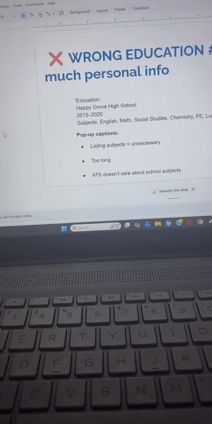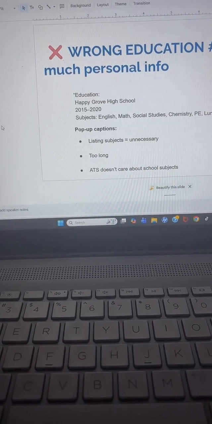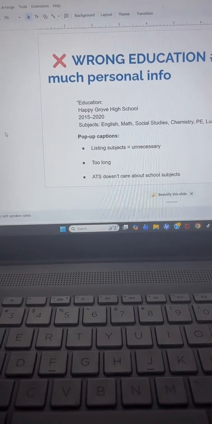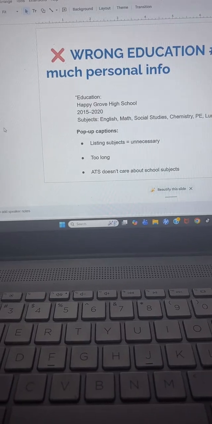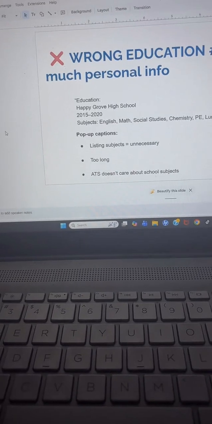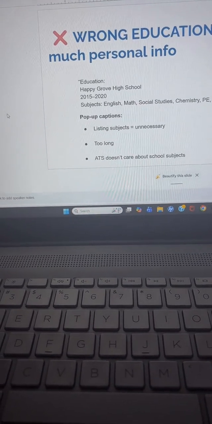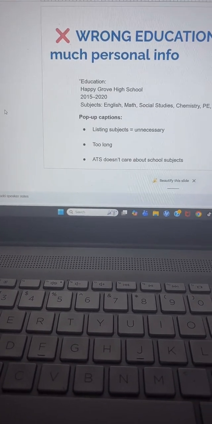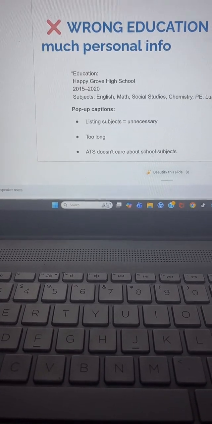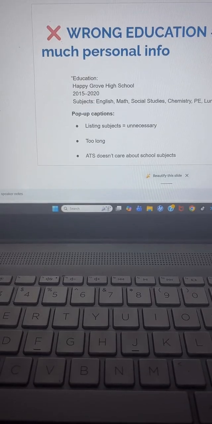For the educational section, you don't have to put your degree, your CXC subjects, because the US employer doesn't know what you're talking about.